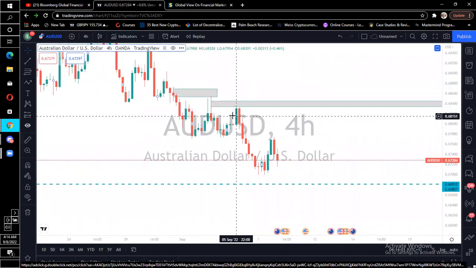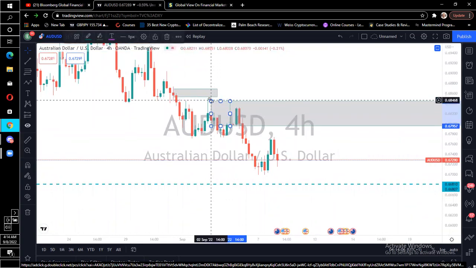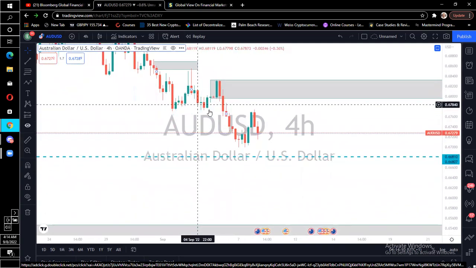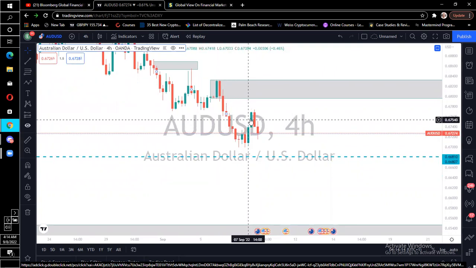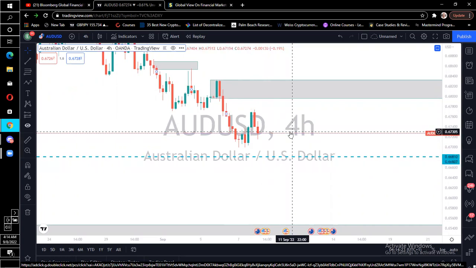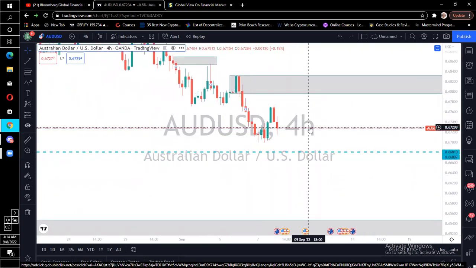Then I have my block here. Then I have fair value gap here. Market entered into this fair value gap, and market needed to kind of go a little down. All right, and as you can see, AUD has not been relatively strong because if you go to this